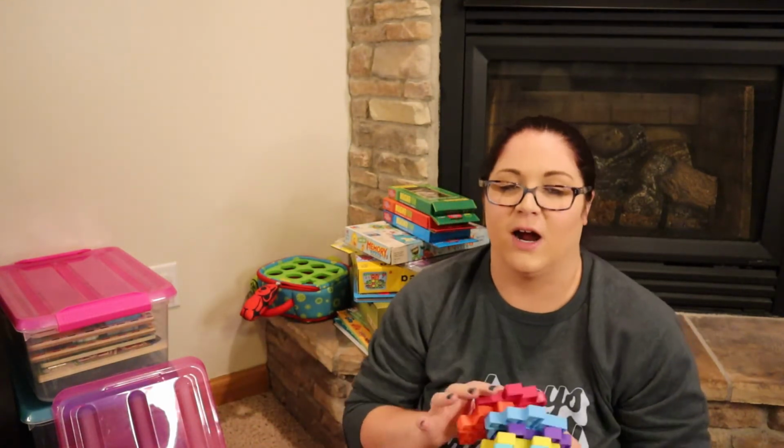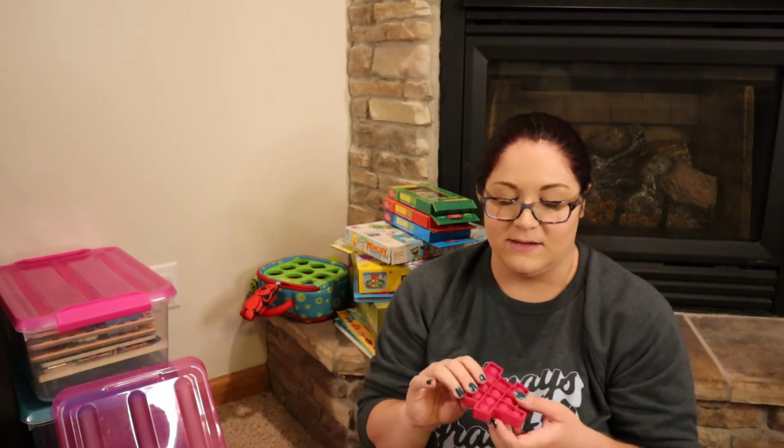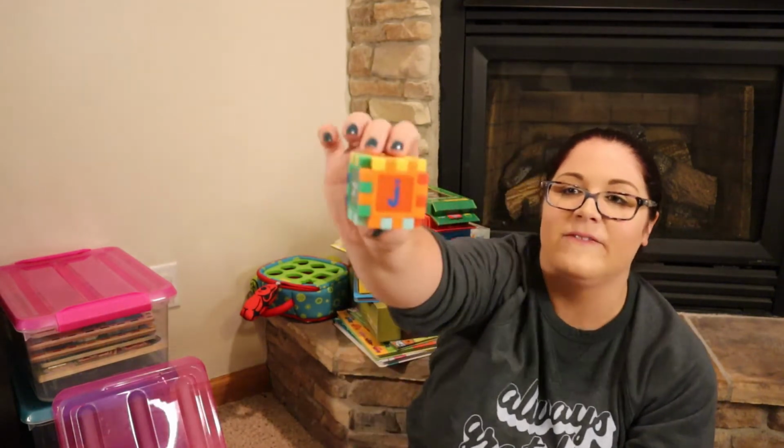And then you can build them all together and it makes a cube. How fun is that? So when the kids are getting a little antsy, I like to give them these when I'm reading a book, so that way they can still listen, but also be doing something. So we also have these